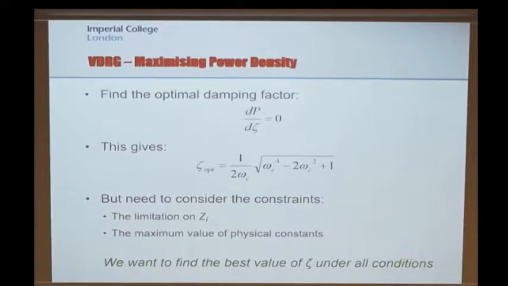So if we now look at the maximum value or the optimal value of zeta under a displacement constraint, in other words saying, I know I've only got a finite size of box, how far can I move the mass inside the box, and let me optimize that,